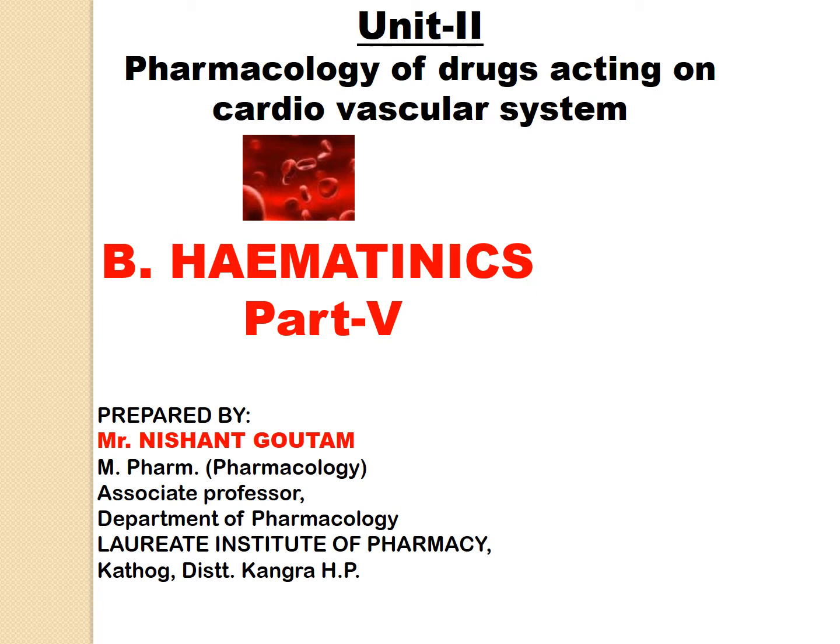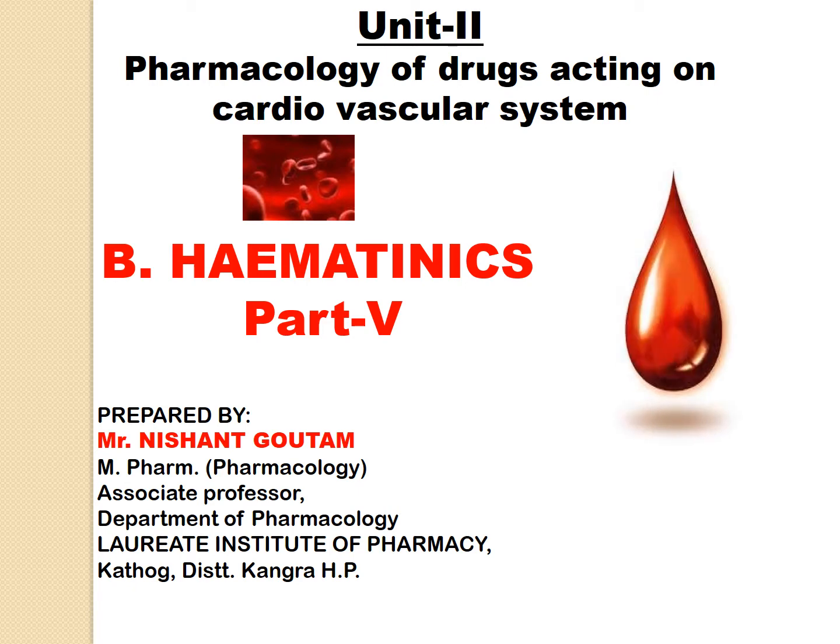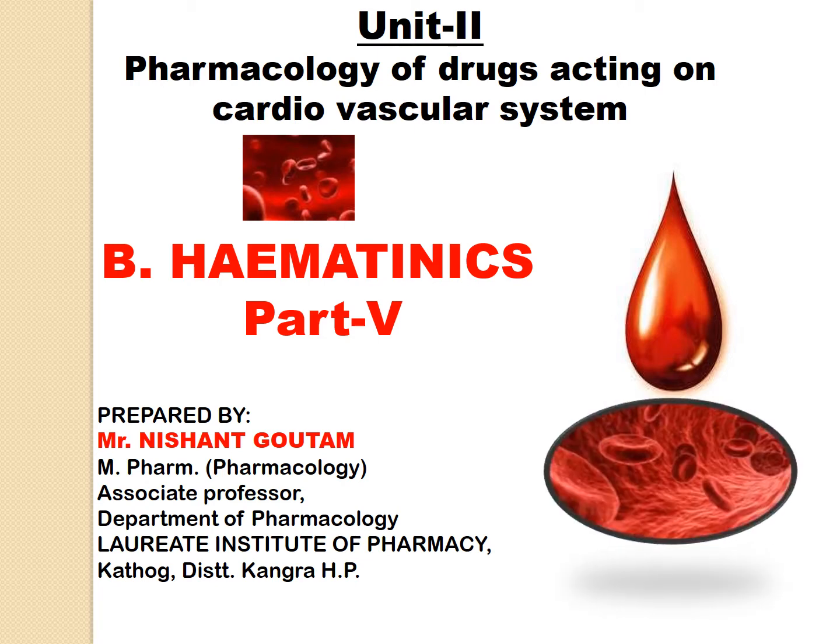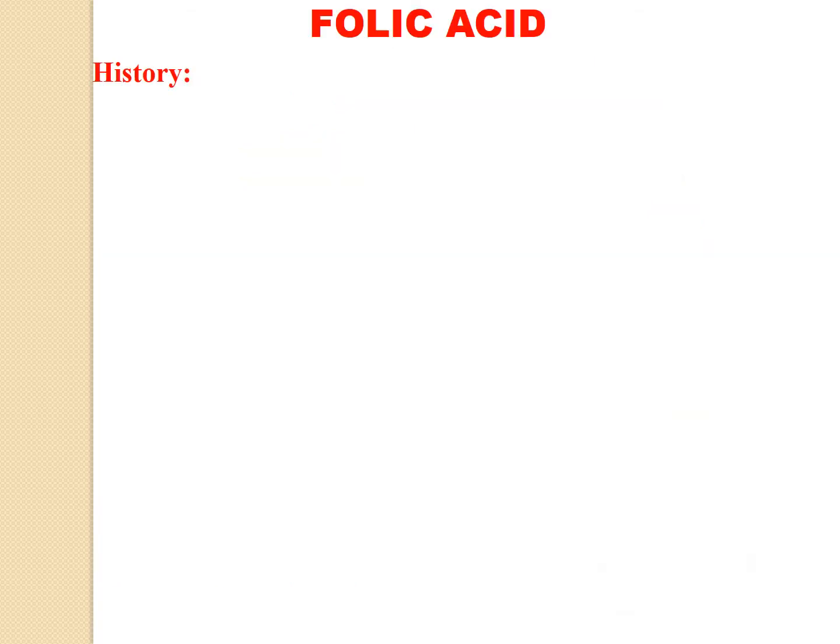In this unit, we will continue the second chapter, Hematinics, in which we will study in detail about the hematinics and its clinical significance, type of anemia, and the use of the hematinics. In addition to the iron and the vitamin B12 as a main ingredient of hematinics, another important ingredient is the folic acid. So let us discuss the specifications of the folic acid.